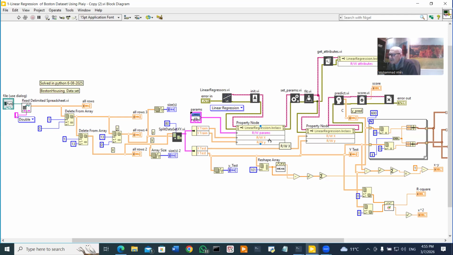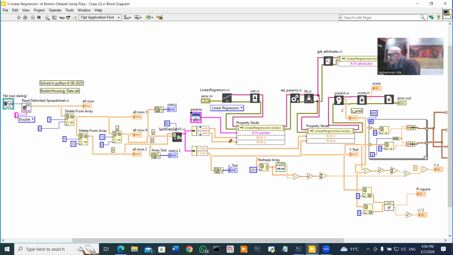By using this property node, you can pass the necessary values to the regressor. So the X train is now passed through the initiator to the linear regressor, and the